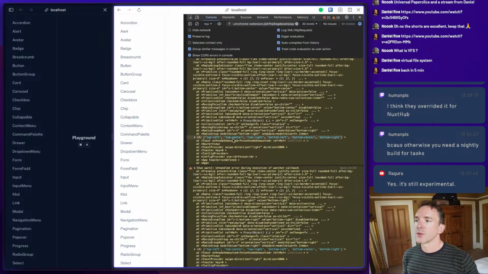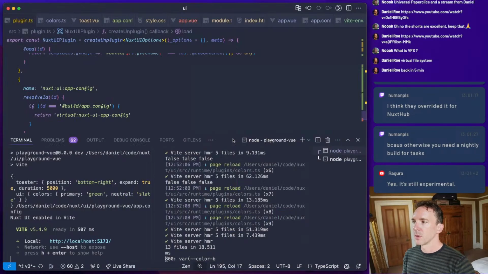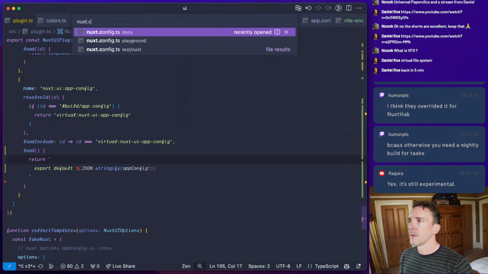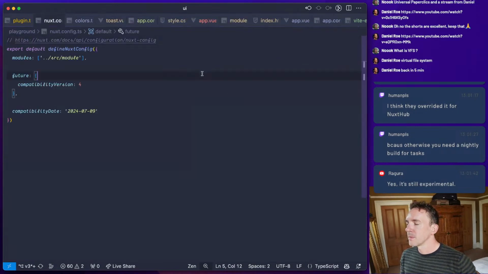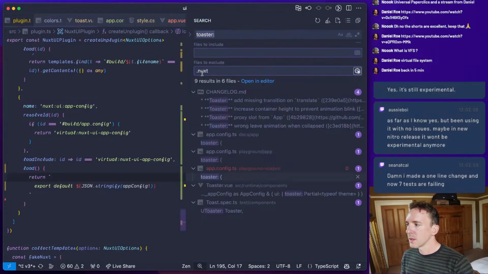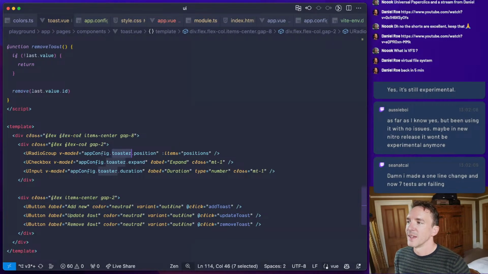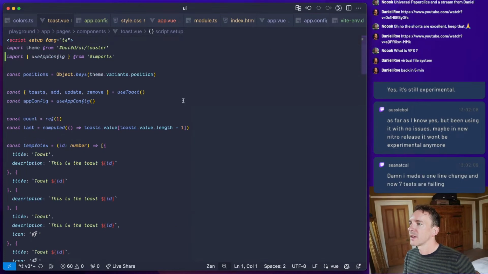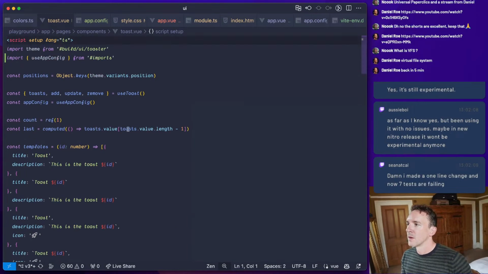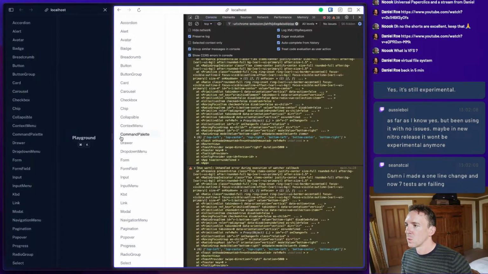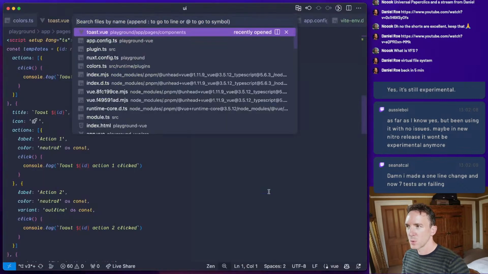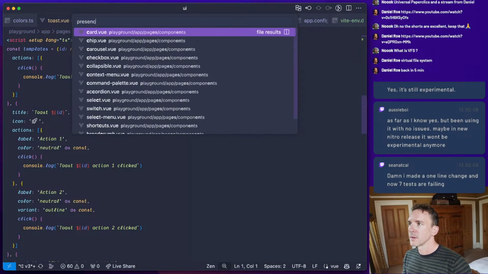So there's an issue with this toast plugin. Is there some custom toast thing? Oh, rats. But you've got to love it, right? Do I have a presence?